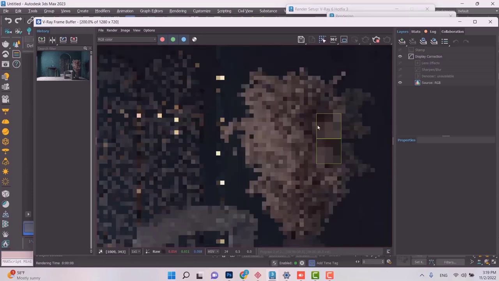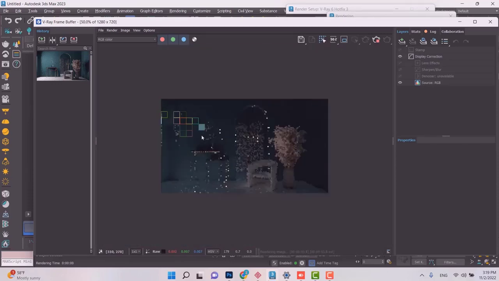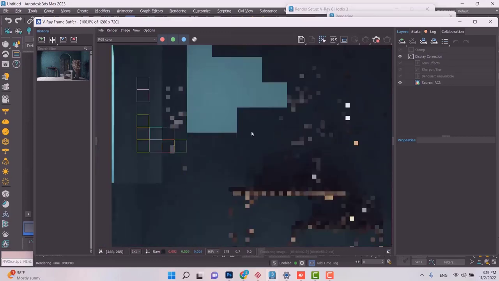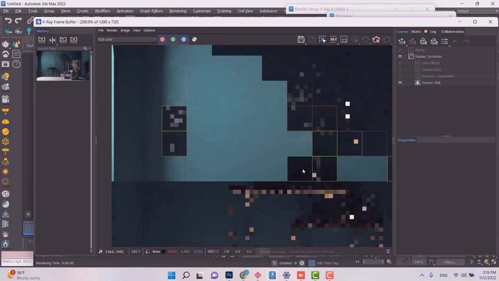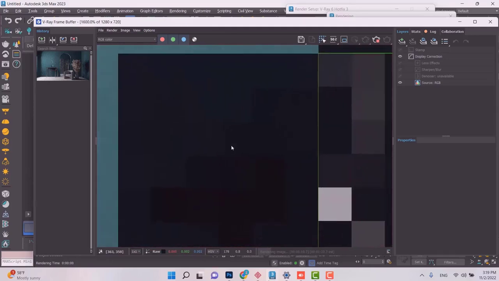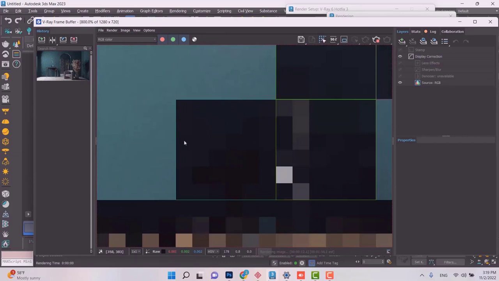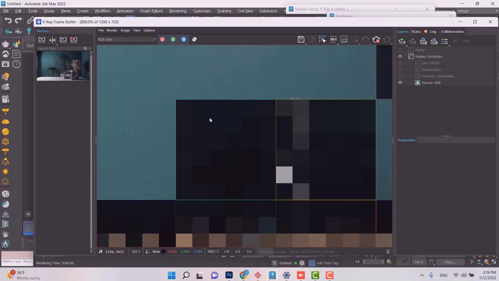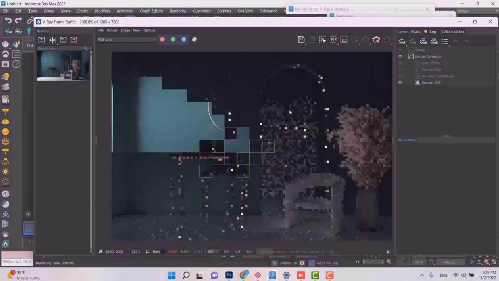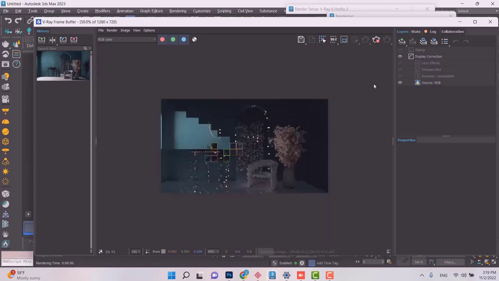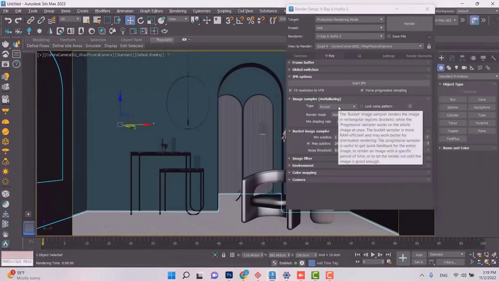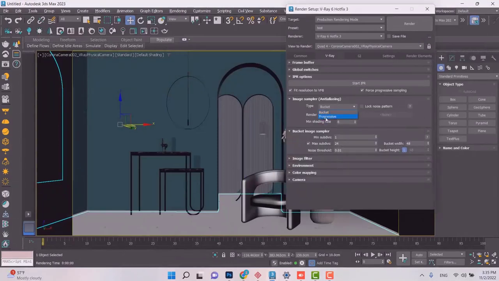Let's see. Okay, I think we are approaching that moment. There, see these buckets? These are pieces of our final image that are being shown to us piece by piece, like a puzzle almost, where the pieces are just in the shape of these buckets or squares. Okay, so this one hasn't been completely processed, but in a couple of seconds it's going to show us that completed horse figurine. So this is what the bucket method achieves for us. Let's choose the other one, which is called progressive, and see how that works.